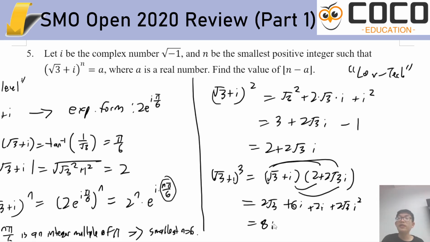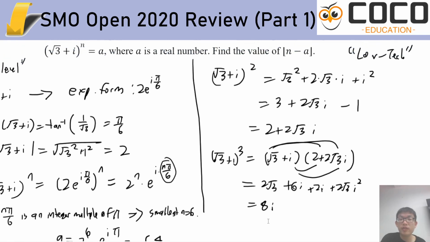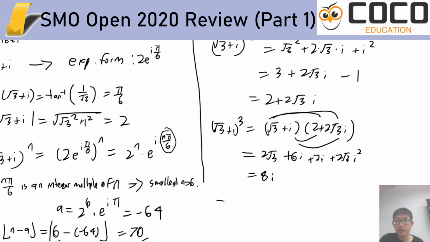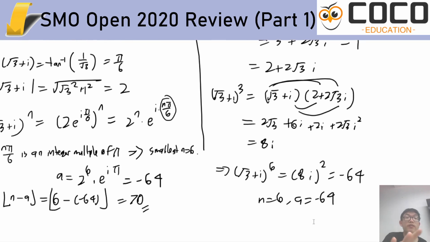Now at this point we basically know that, okay, when I cube it I get 8i, and i squared is -1. So if I have the 6th power, it would just be a real number. Okay, and so likewise, this would also give you the same conclusion if you are not already familiar with complex